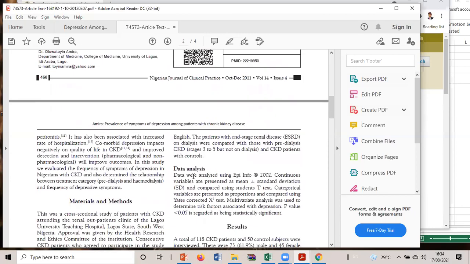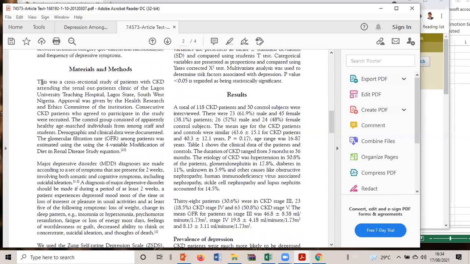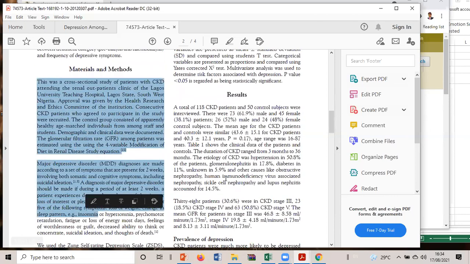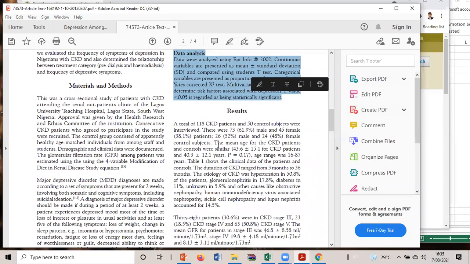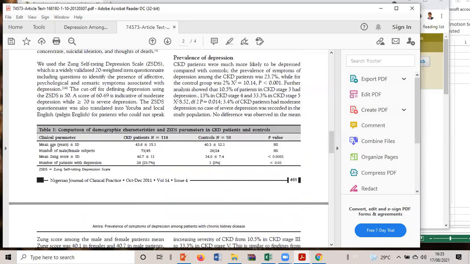And then they told you the methodology, how they went about doing it, and then what analysis they did. And that's a core part of this module. And what results they had and how they reported. Right? These CKD patients, this control, if you're not interested in that, okay, see the CKD patients. So what's the score like? Right? 40 point something.